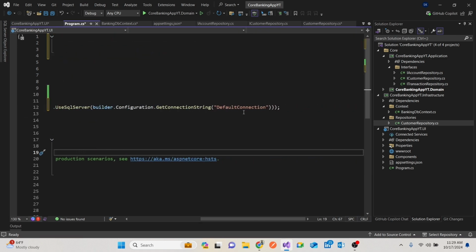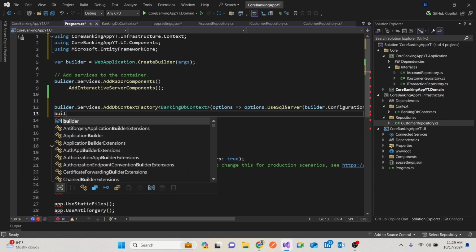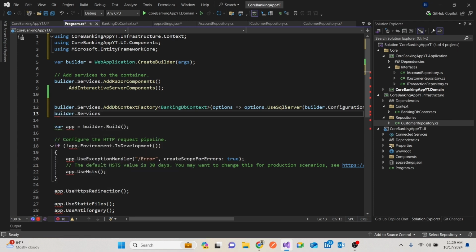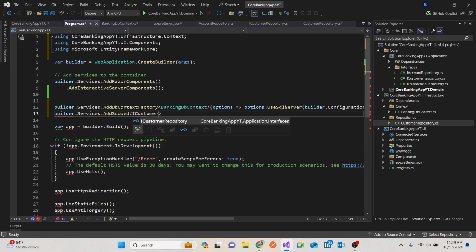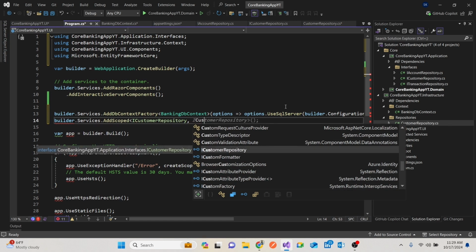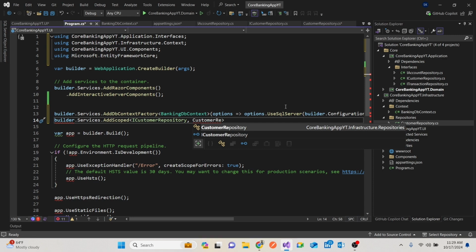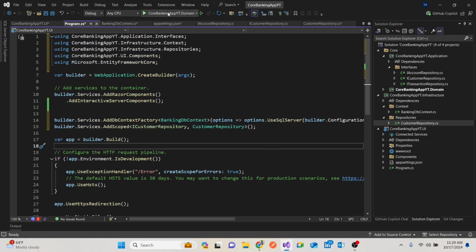So we'll say also, we want to get the builder.services.add scoped. So get me the I customer repository as well as the customer repository. Then once we get that, we do this. So just want to run it to see that I have not broken the Blazor application,